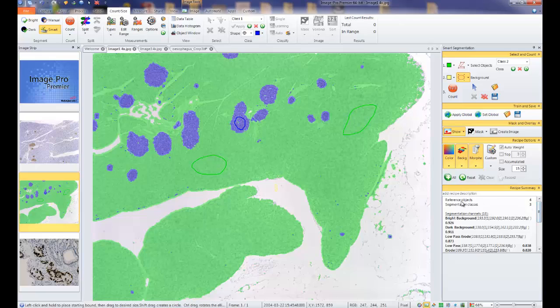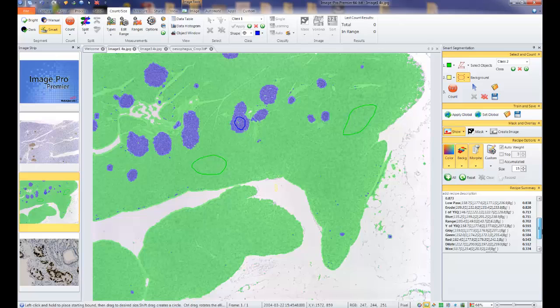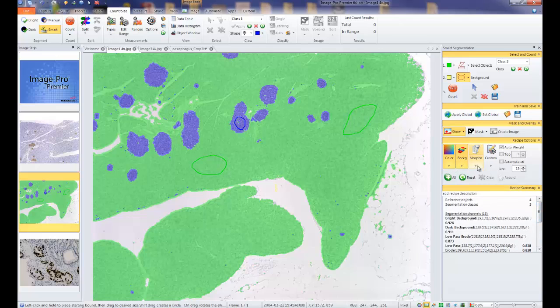But what you'll notice is down in the recipe summary, it's telling me how many reference objects and how many segmentation classes. In essence, I have 2 and a background. But what's important to understand is that using all these parameters, you'll see the weighting. Some of these are more important than others. You can come back and refine this by turning some of these off. You can do the auto weighting, which takes all these parameters into account, or you could say the top 3. One other thing I should explain, if you're dealing with cells, small objects, maybe inclusions, anything where there's really a size associated with it,